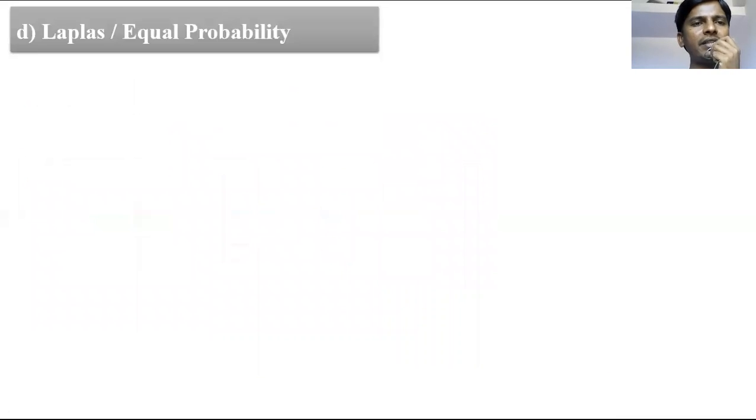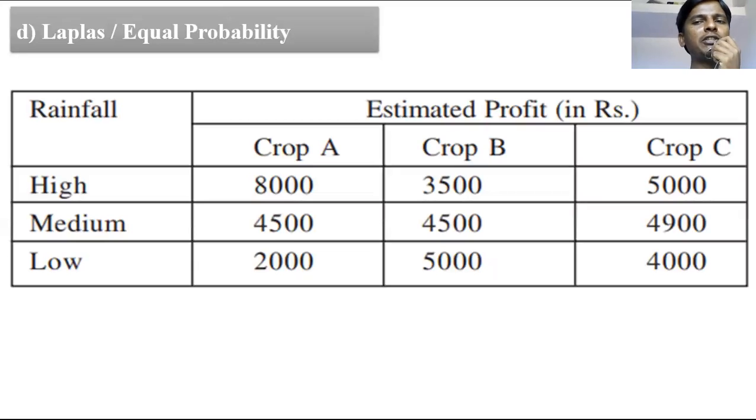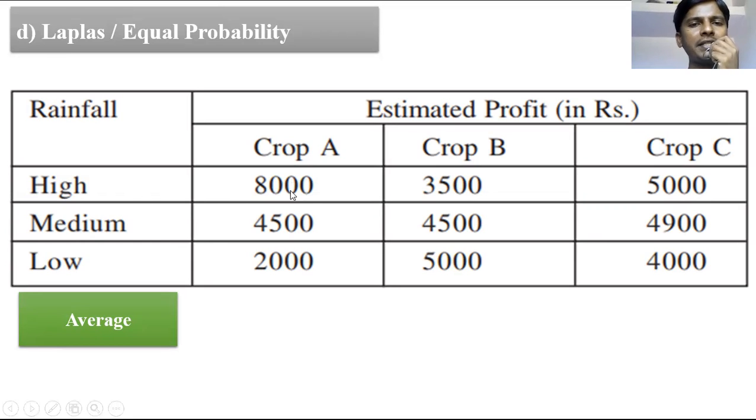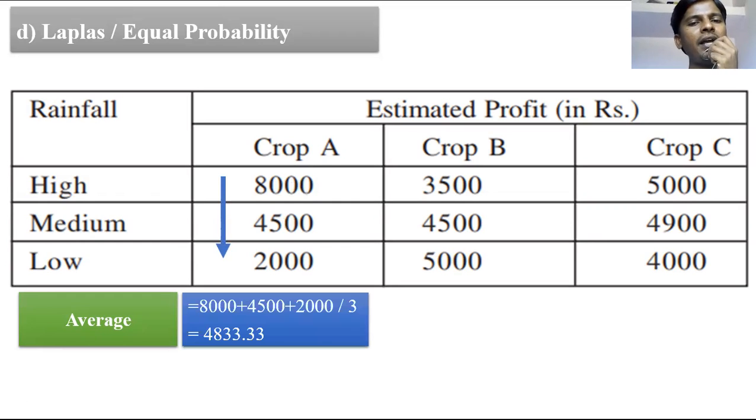The next criteria which they have asked is Laplace or equal probability. It means we need to calculate the average of the respective crop, and on the basis of the average, whichever average is high, that crop we need to suggest. So for crop A, how can we calculate the average? Sum of all three estimated profits of crop A divided by 3. That is 8000 plus 4500 plus 2000 divided by 3,